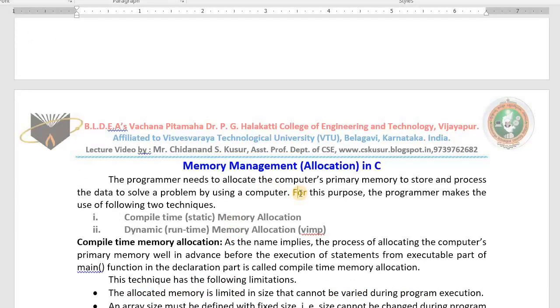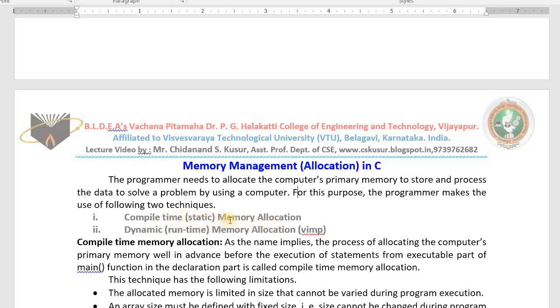We use the declaration part to define the variables. That is, we allocate the memory well in advance, before input, before process and before output. That is what we call compile time memory allocation, or static memory allocation.